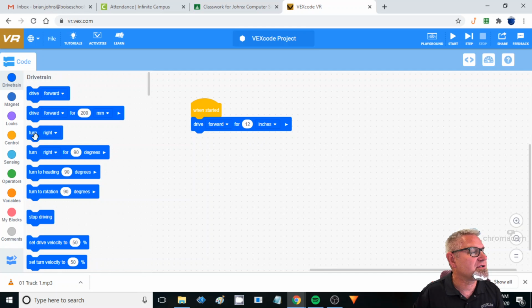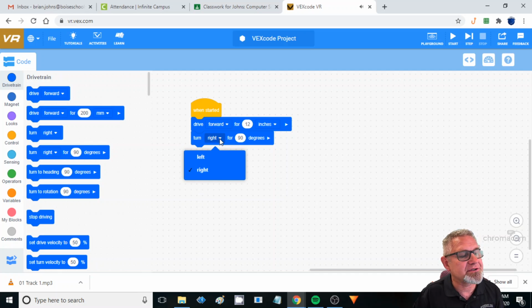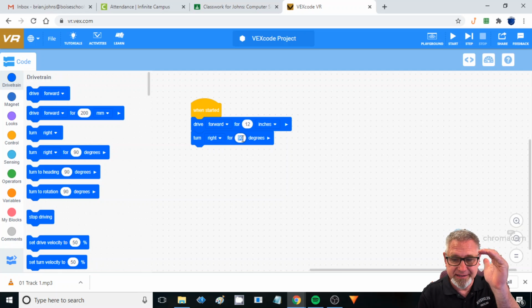And then we want you to turn right. By default, all the turn commands will be to the right. So if you want to change those, you simply just choose the drop-down menu, and there's only the option of turning left or right. But we're going to keep it to the right. And then turning is by degrees, and by default, again, it's 90 degrees, which is an exact right turn, right? So it's a 90-degree complete right turn. So let's keep it 90 degrees,